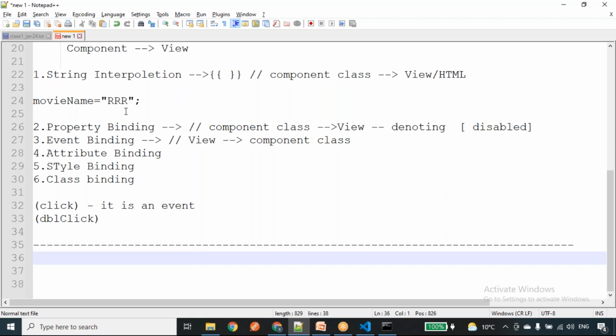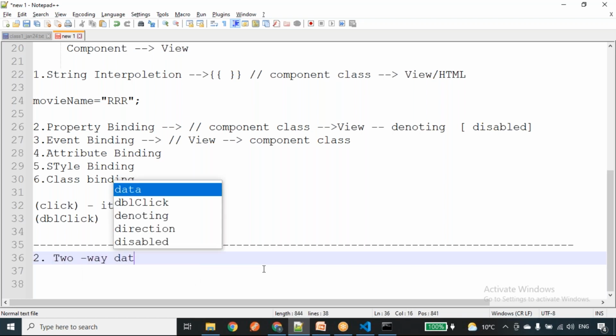In the one-way data binding, the communication was in a single direction, from the component to the view or the view to the component. Whereas the two-way data binding works in a bidirectional way, from the view to the component and the component to the view. Let me show you one example of two-way data binding.